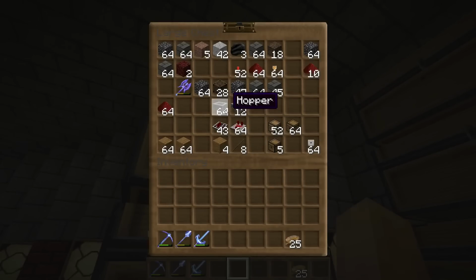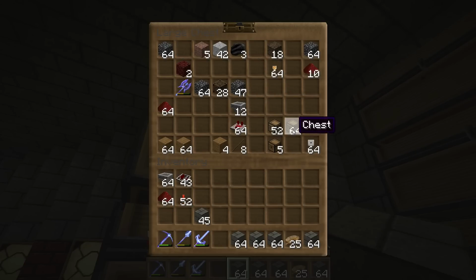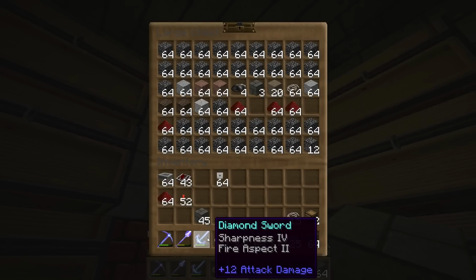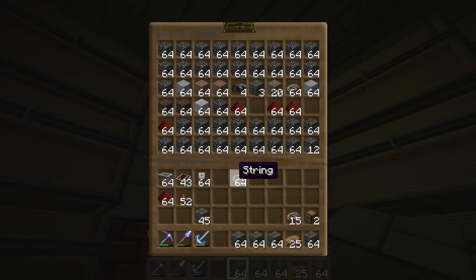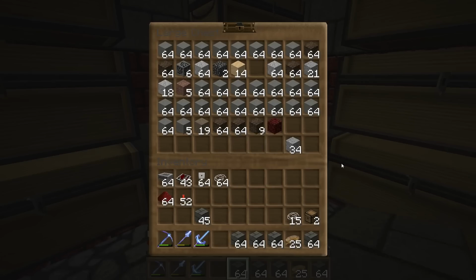Here we go. So, we're going to grab a stack of hoppers, and some redstone, some of this, some of that, some brick. We'll bring a chest to store some of this stuff, or 2 chests. And I know that I have string in here because we're going to need string for tripwire hooks. There we go. We need glowstone as well. And if I remember correctly...